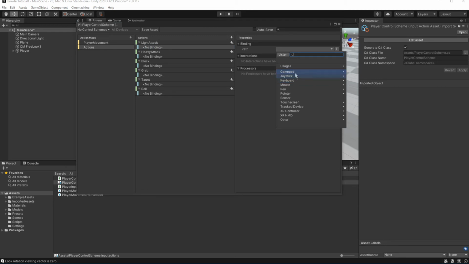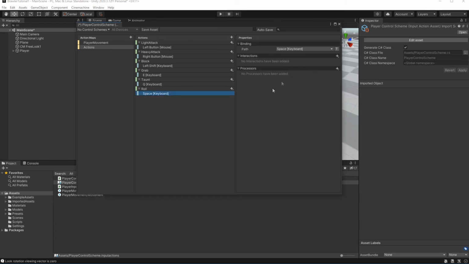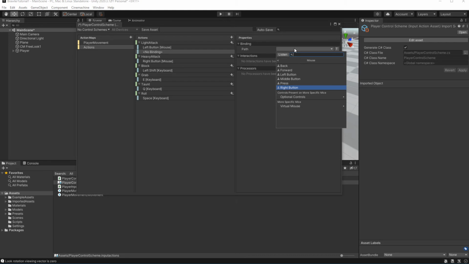Set the binding on the keyboard and mouse. Then add binding for gamepad.